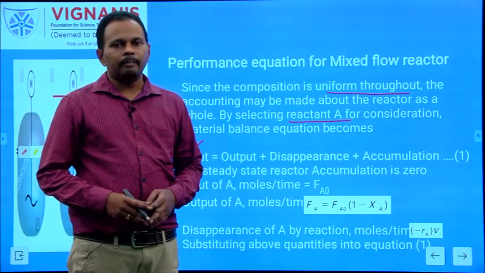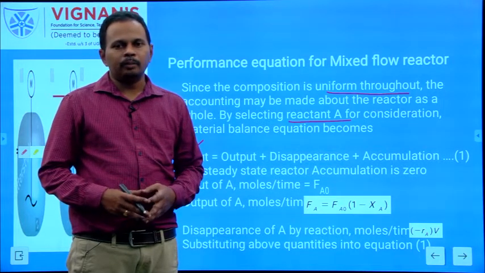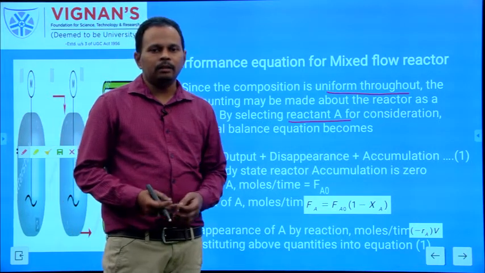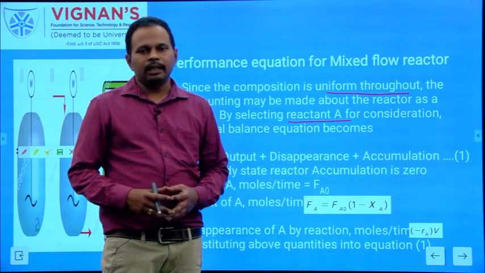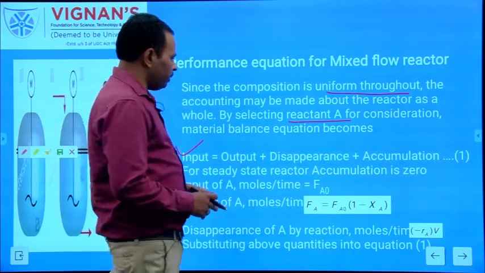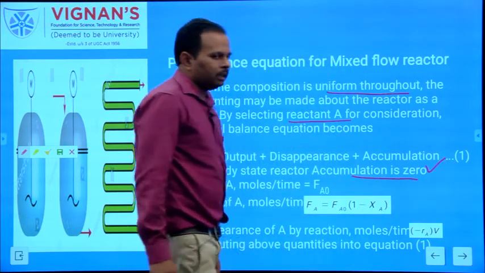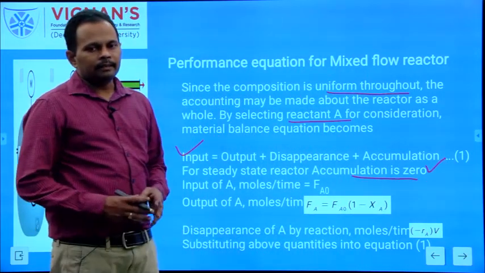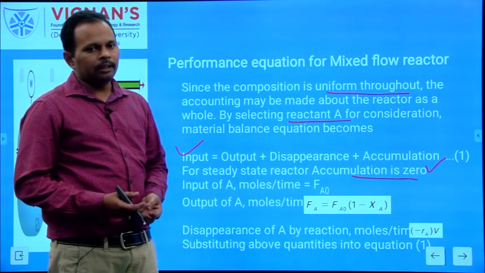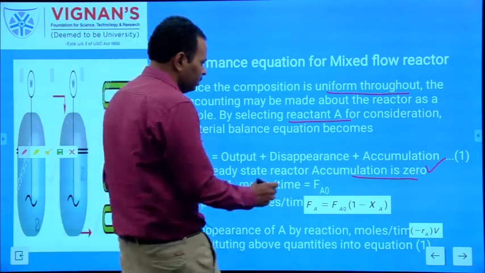The steady state reactors are the plug flow reactor and the mixed flow reactor. These come under the steady state reactor. For a steady state reactor, the amount of the reaction mixture that comes out is equal to the amount of the reactants that enters into the reactor. So when input and output are the same, the accumulation term is 0. For MFR, the accumulation term is 0. For steady state reactors, it's very important to remember the accumulation term is always 0. Why? Because the amount leaving is equal to the amount entering.